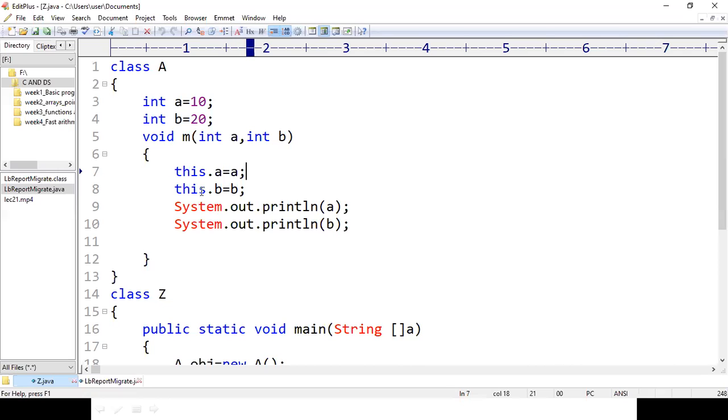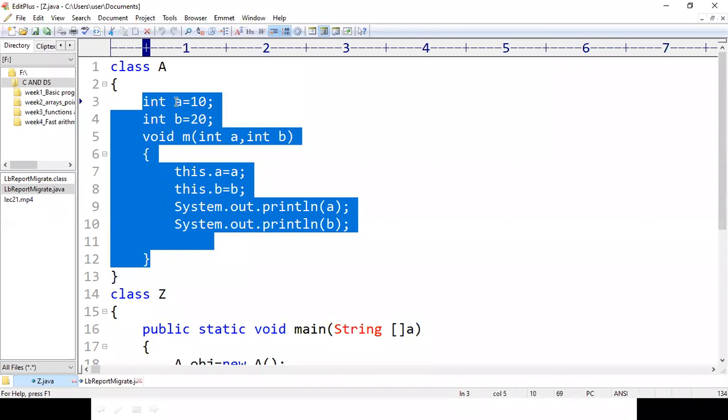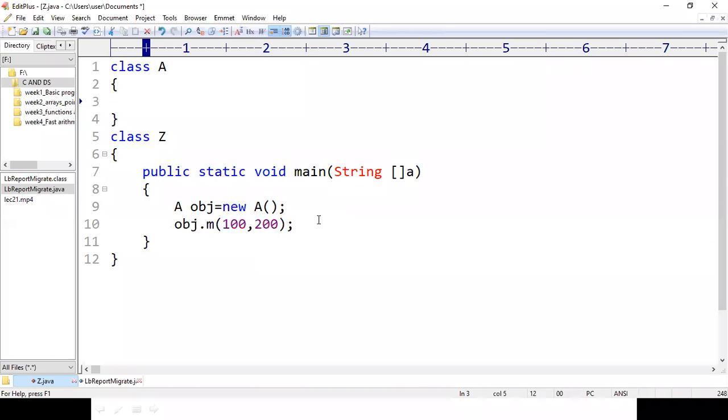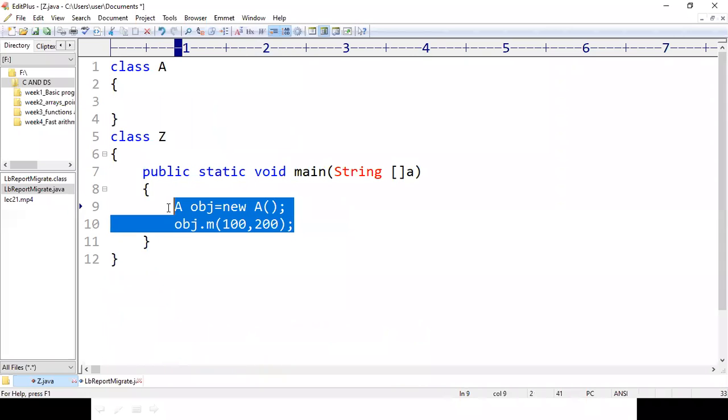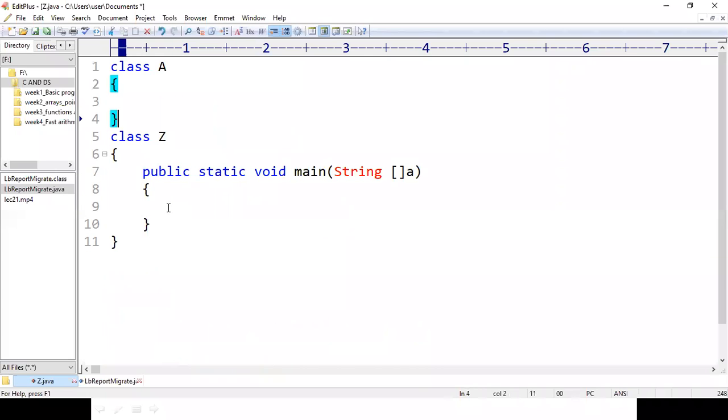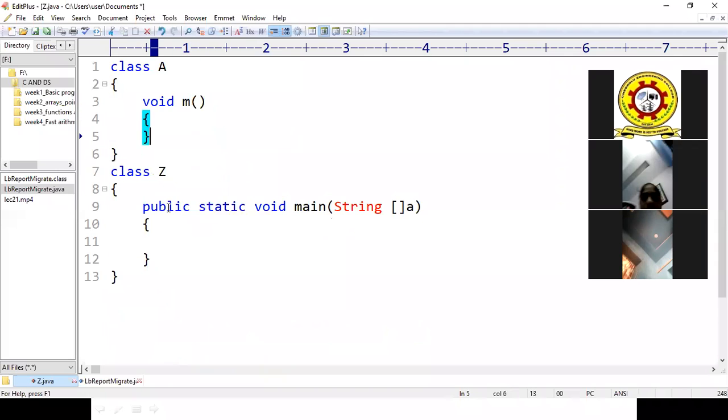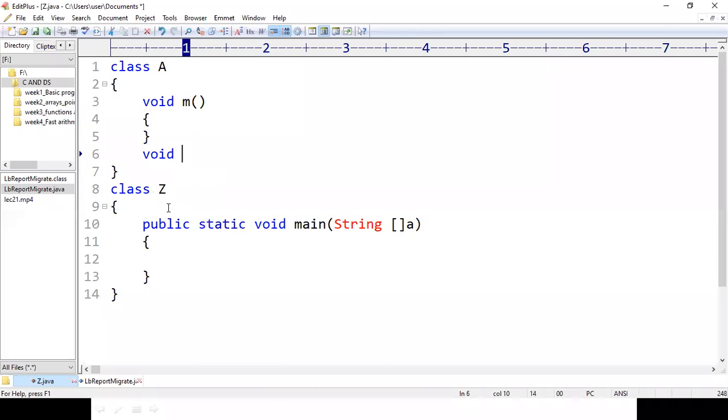Now, for example, let us assume there are two methods: void m, and one more method, void m1.